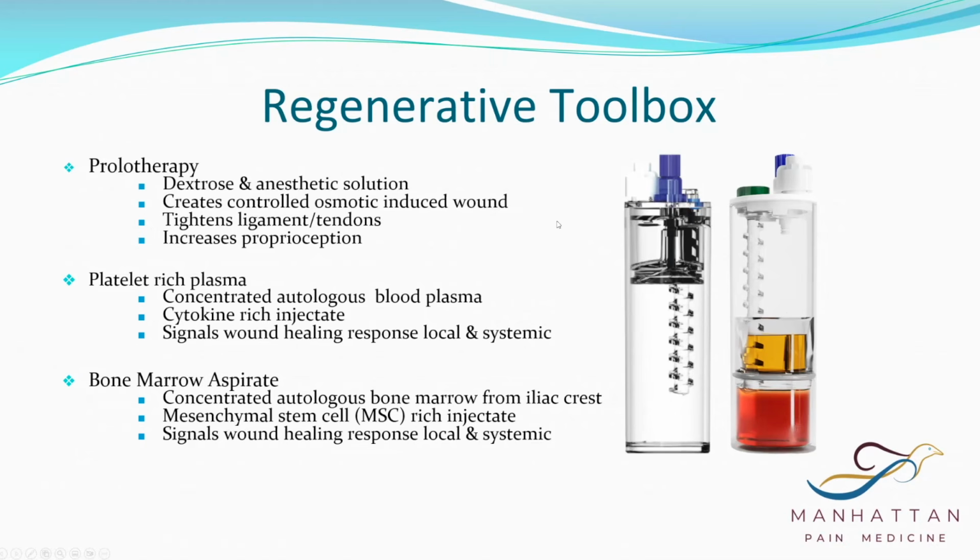From prolotherapy down to bone marrow aspirate, prolotherapy is the least inflammatory, and bone marrow aspirate tends to be the most inflammatory, and it does contain a high concentration of the mesenchymal stem cells. So oftentimes we'll use this more so when we have something like a rotator cuff tear or a big labral tear in order to get quite a large inflammatory response, and that will heal a larger